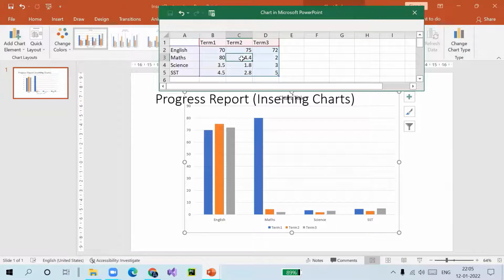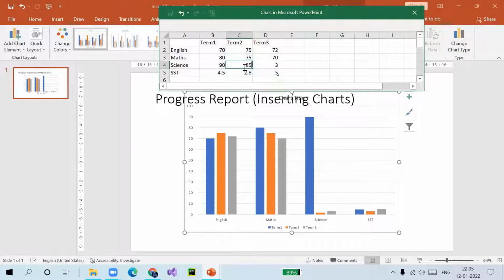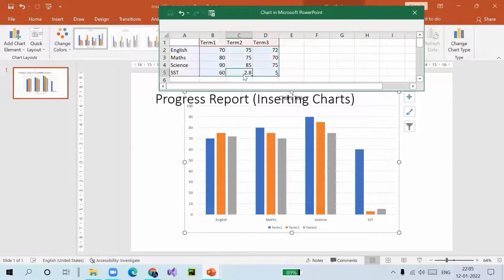And then 75. And then 70. Okay. And in science, term 1, let's say 90. And then 85. And then let's say 75. Okay. In SST, it was, let's say 60. And then 70. And then 77.